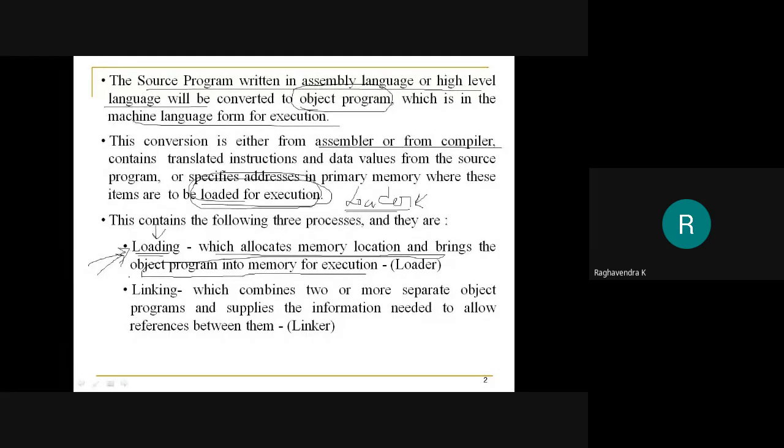The second function that the loader is supposed to perform is called linking. What do you mean by linking? Linking means combining two or more separate object programs into one and supplying the information that is required to have a reference between them.